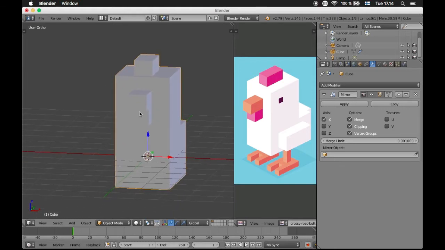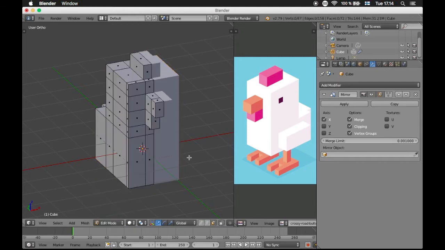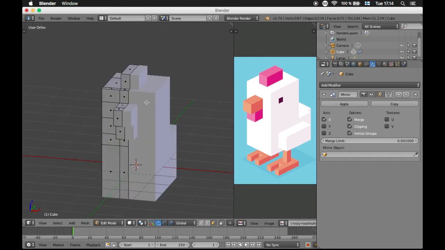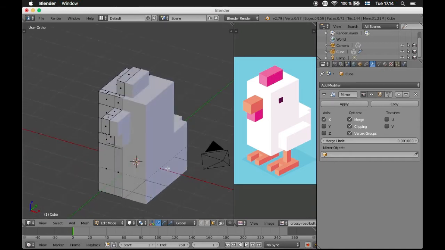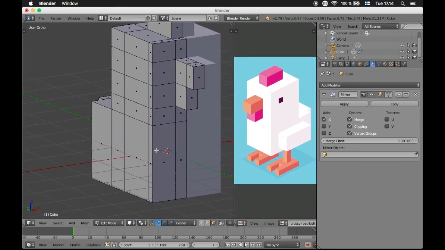So now we can work on our model, and in edit mode, all the while we are doing stuff, the edits that we're doing on the other side, the mirror modifier mirrors it to the other side. So we only have to do things once, basically. Okay, so I want some loop cuts for the wings. I would like to have